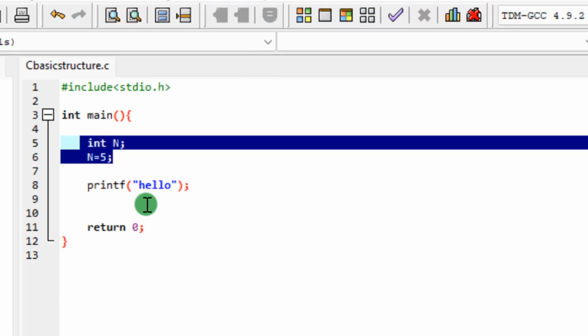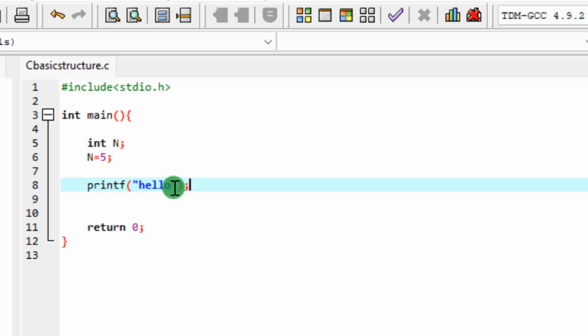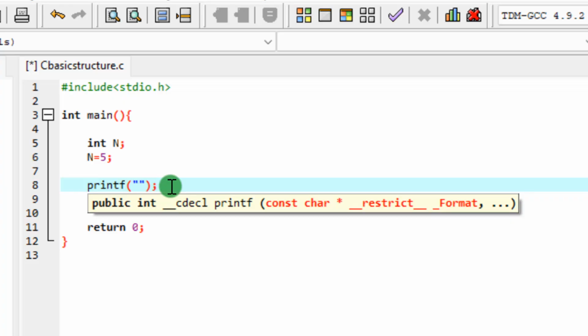So how does it work to display a variable? Let us say I want to display this file. What's the structure here? The structure is very easy. Imagine I want to display something like hello 5. Or let me just remove this text here. I want to display something like the number is 5. So I'm going to say the number is